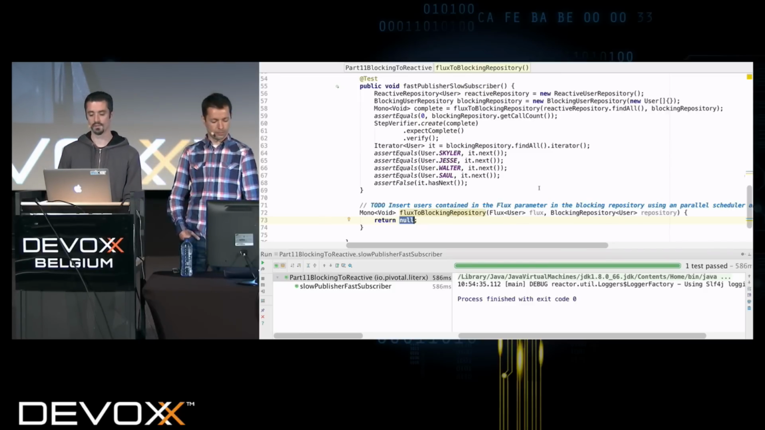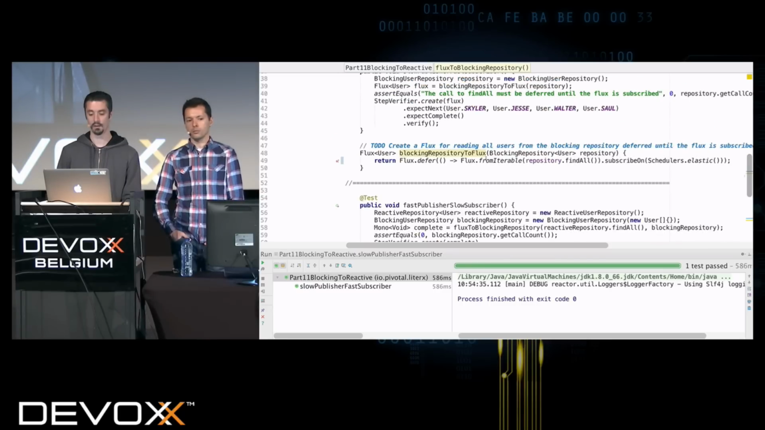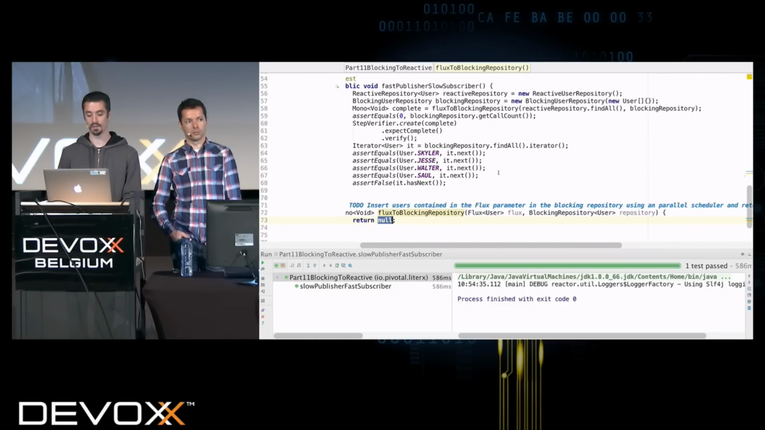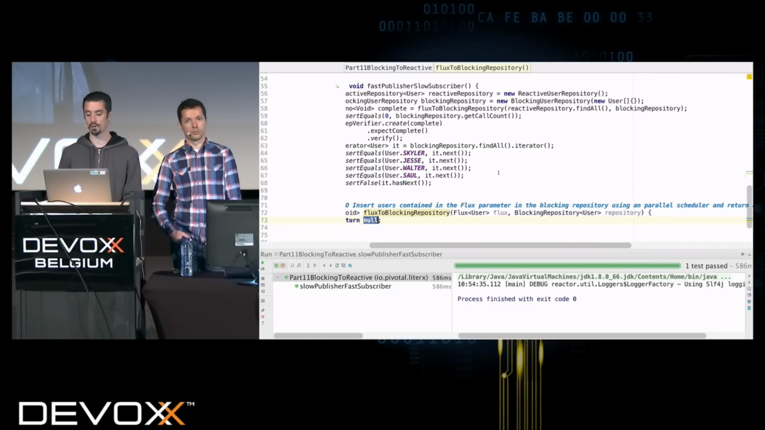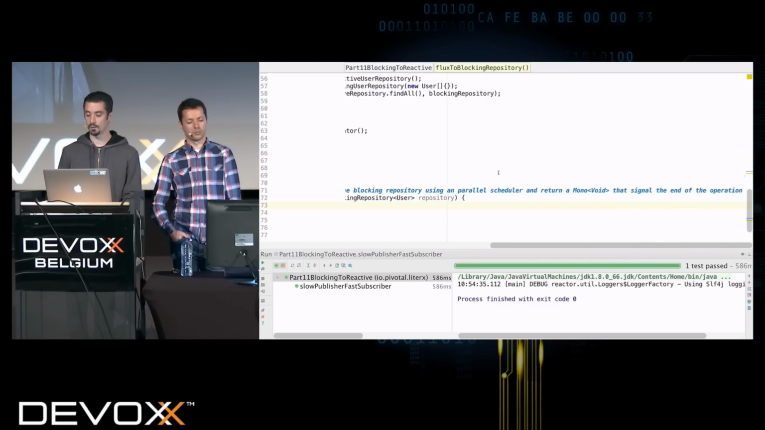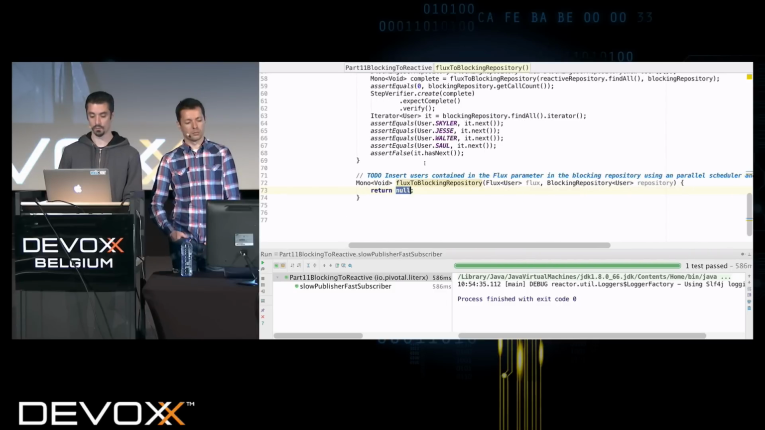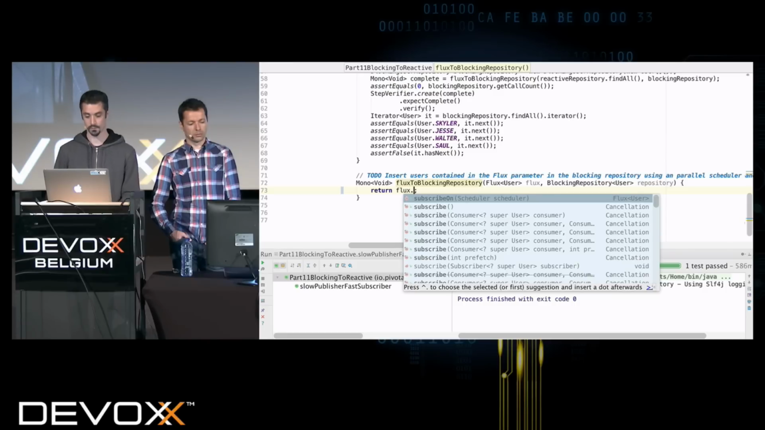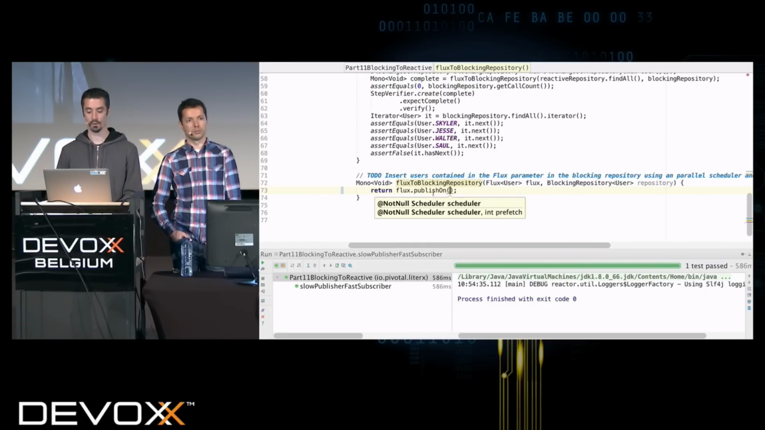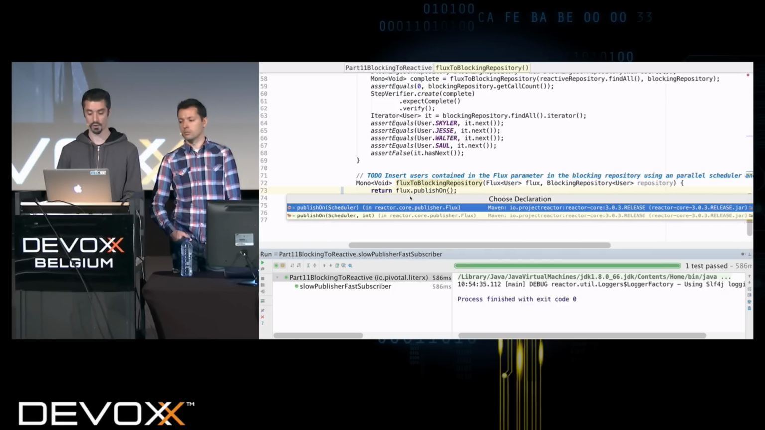Now I'm going to do the same, but for saving some data. Here that's a little bit different. In the previous case the findAll method was triggered by the subscription, so that's why we use subscribeOn. Here we are going to insert the users contained in the Flux parameter in the blocking repository using a parallel scheduler. So what I do is flux dot, and now I'm going to use publishOn. If we go to the publishOn Java doc,